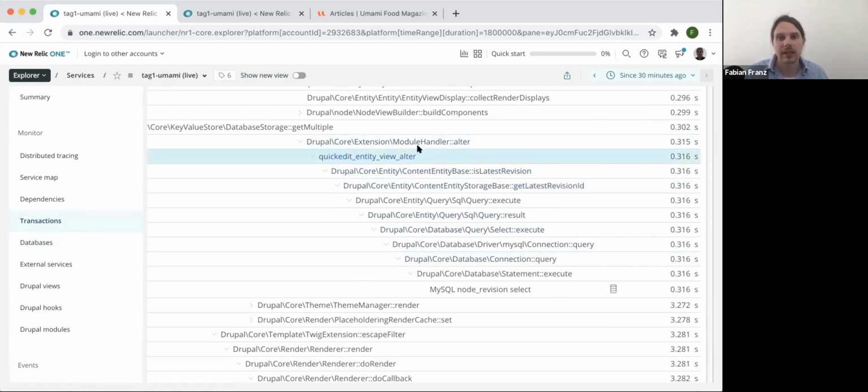But for now, what we can see is we've identified successfully that this quick edit entity view alter is making things slower. And that brings us to this, that this most likely is an authenticated user, and most likely even an authenticated admin user, because probably only an admin user would have this quick edit.